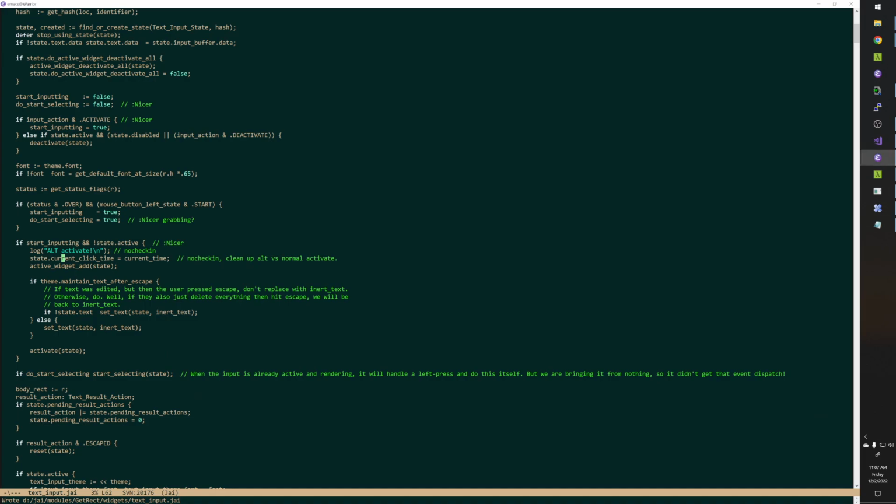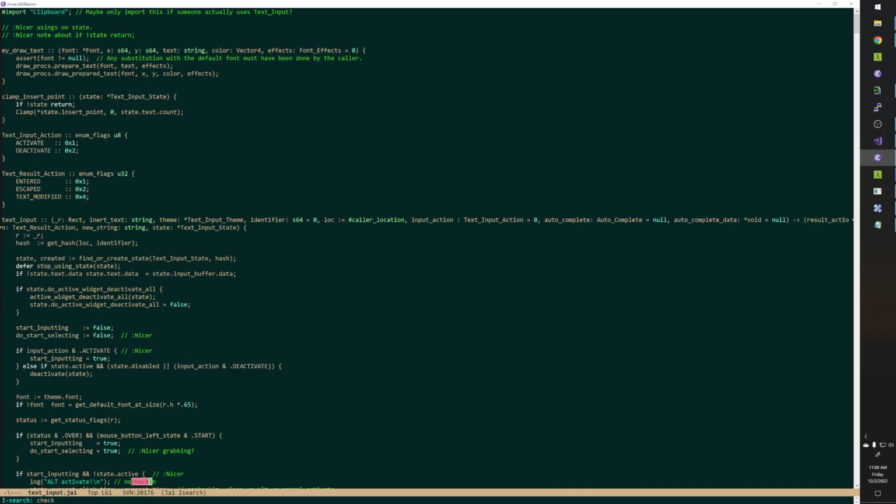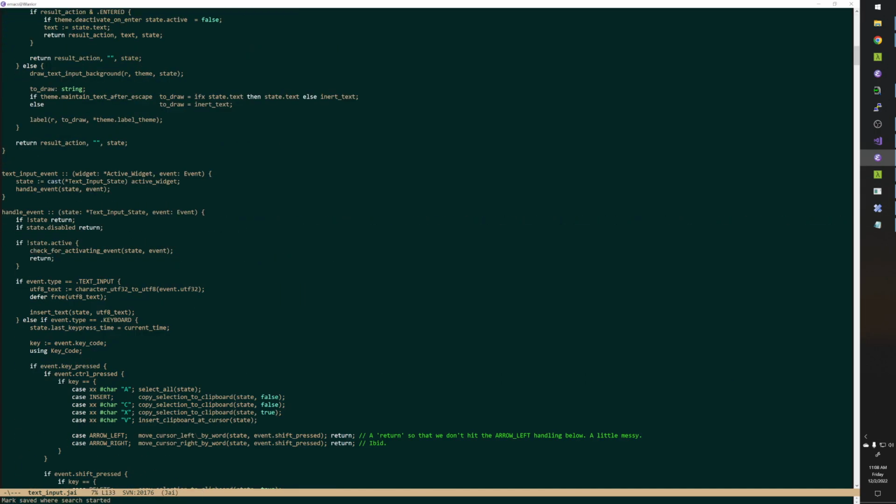So we have this activate versus alt activate thing. I'm going to keep punting that because that's sort of an orthogonal issue. So we're going to do no check-ins just having to do with other things. So, but because my mind is there, what I think is happening is that handle event